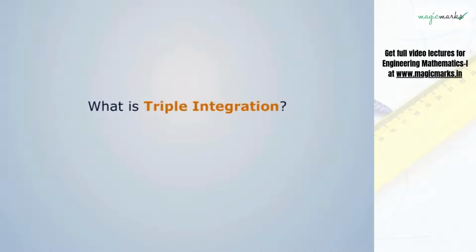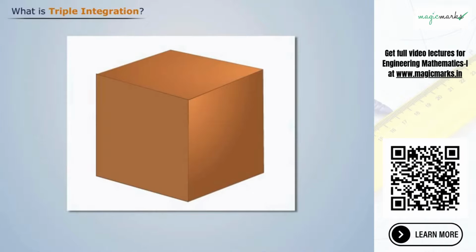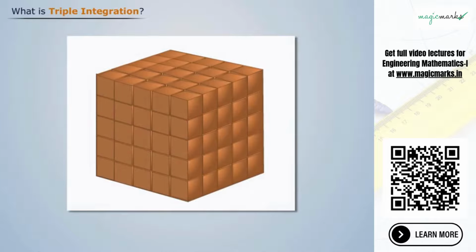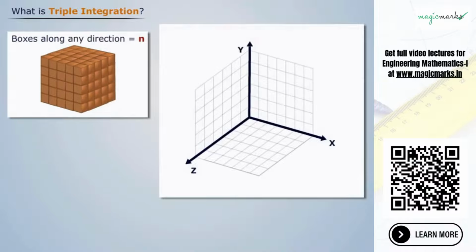What is triple integration? In order to understand the concept of triple integration, let's consider a square box, which comprises a number of small boxes in all the three directions. Let's assume that the total number of boxes along any direction is n. Now to calculate the volume of this large box,